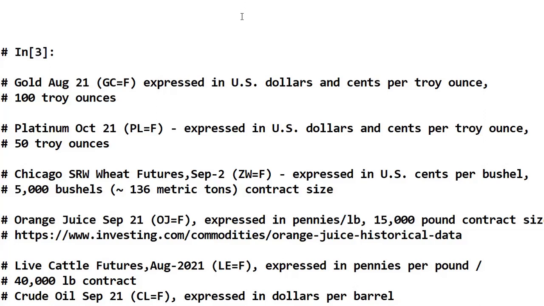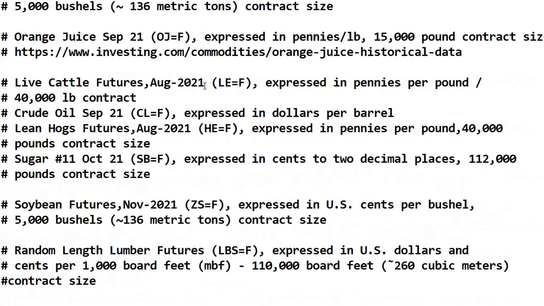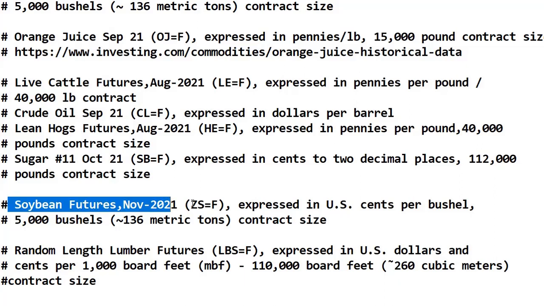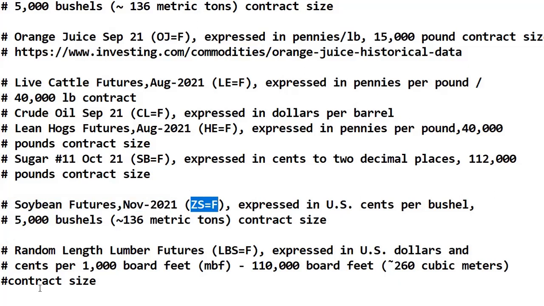For example, gold, the ticker symbol is GC=F. It's expressed in US dollars and cents per troy ounce, which is different than a 1/16 of a pound. Also, we could look at some others here, say soybean futures. Now this is the ticker symbol ZS=F. It's expressed in pennies or cents per bushel, and a contract is 5,000 bushels. So this whole window is just for information purposes so that we know how the contract is expressed and in